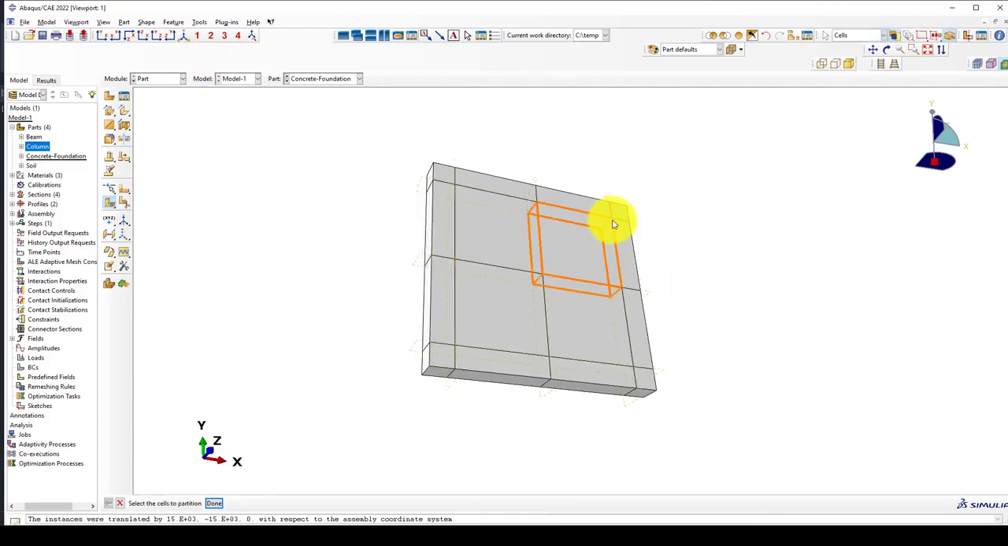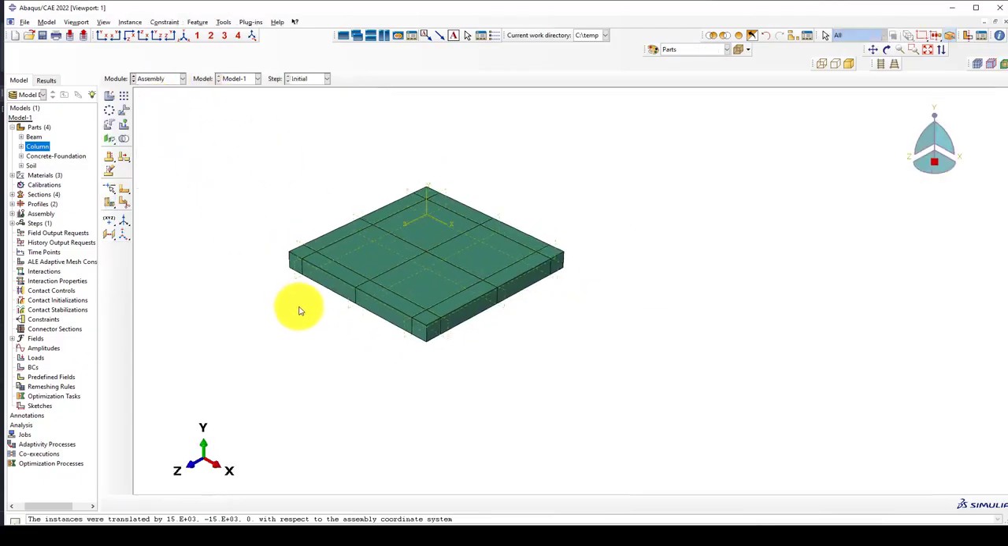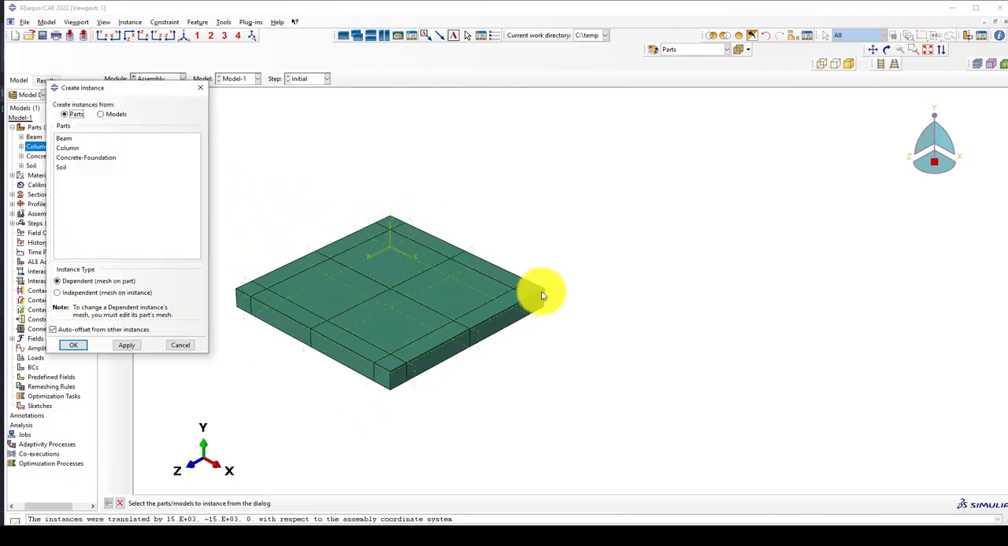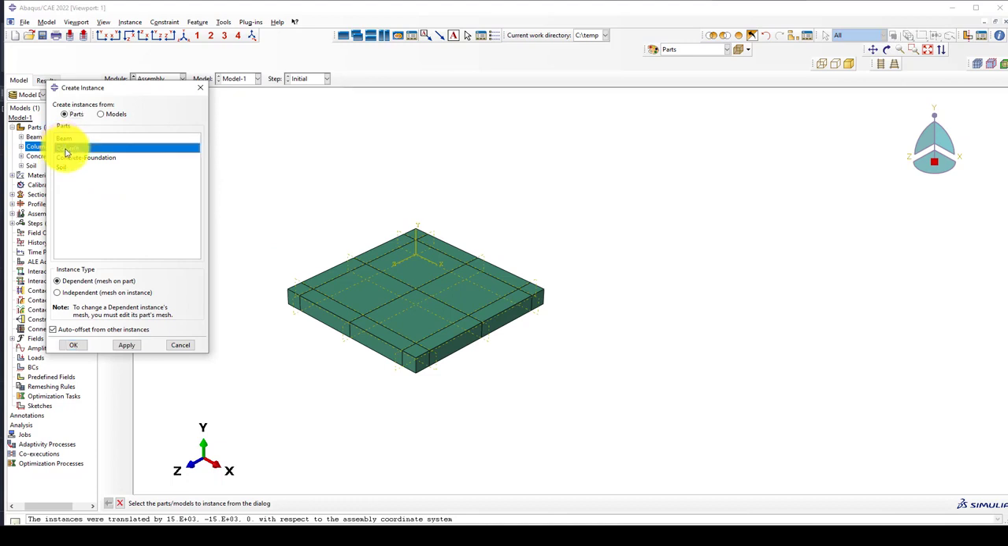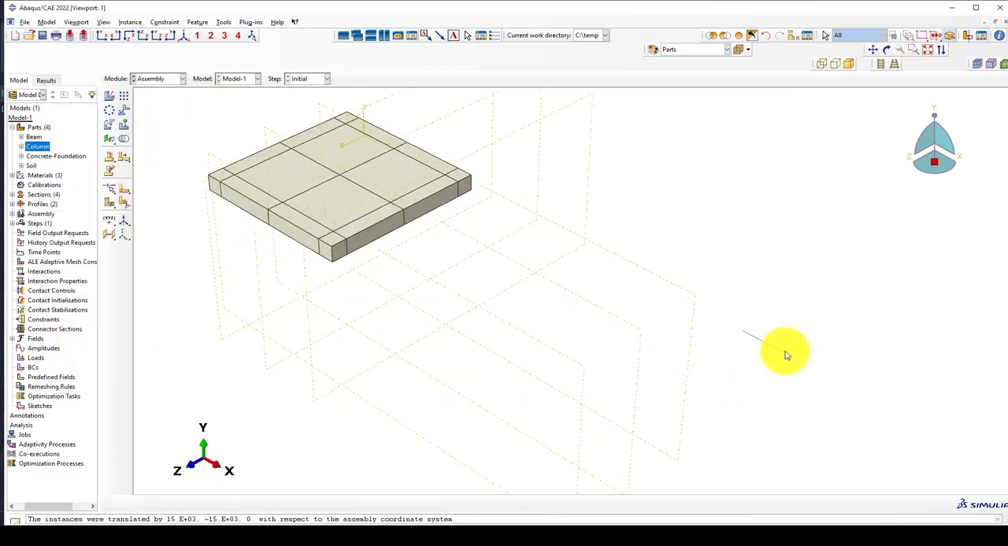Now we have one column, two columns, three, four, six columns location. Now it's done, and what I want to do is to bring the columns. I'm going to bring the column, and here is the column. I'm going to rotate this column using this